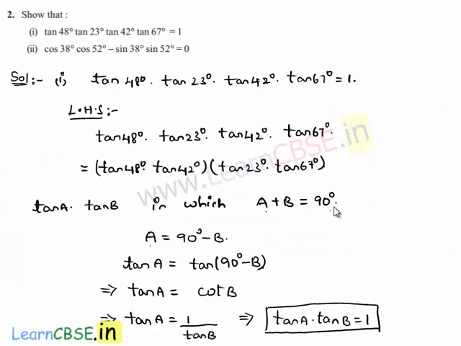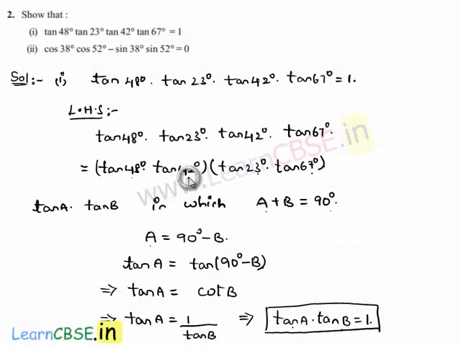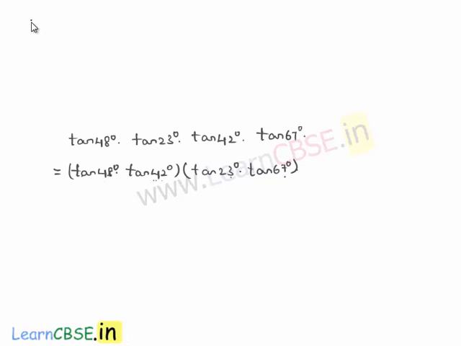When A plus B is equal to 90 degrees, then tan A into tan B is equal to 1. Similarly, if we observe here, 48 degrees plus 42 degrees is equal to 90 degrees, and 23 degrees plus 67 degrees is equal to 90 degrees. So this is in the form of tan A into tan B, where A plus B is equal to 90 degrees. So by using this derivation, we can say tan 48 degrees